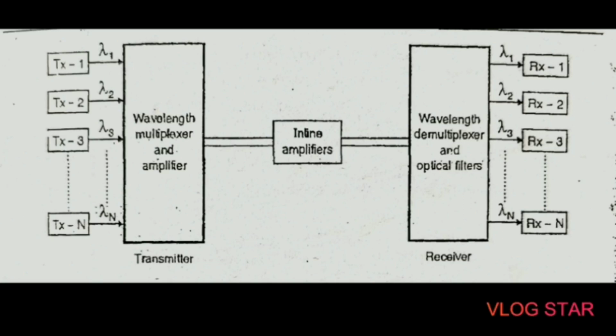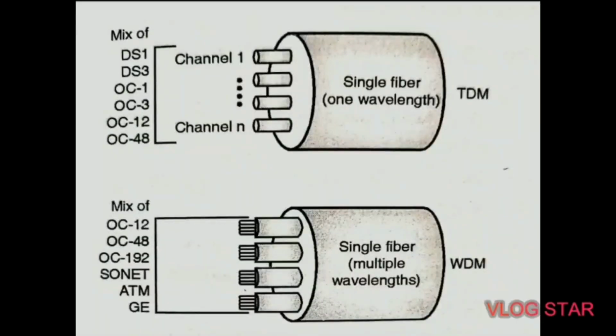And the active components are those whose operation is controlled by external power. These include tunable optical devices like tunable filters or sources and optical amplifiers, so that a particular wavelength signal can be generated from sources like tunable lasers and amplified by an optical amplifier, and tunable filters will only be tuned to a particular wavelength. Okay, so we have covered the types of WDM, that is unidirectional and bidirectional. Then after that we have seen the types of multiplexers and demultiplexers and also the principle of operation of WDM.